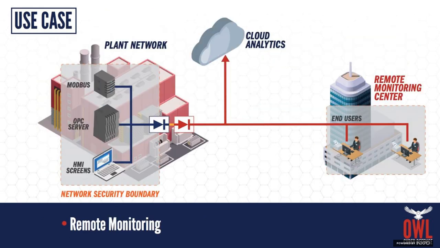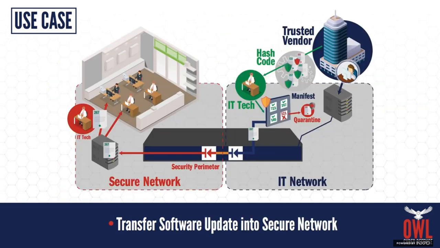If we look at a land-based solution, really the same kinds of things. Maybe you want to replicate an HMI screen to a third party or a remote monitoring center. Maybe it needs to be Modbus or OPC kinds of traffic or data. It really doesn't matter because, as we said before, it could be at the transport layer, at TCP/IP or UDP or FTP, or it can be at the application layer where you're sending things across and then you proxy it. So the implementation and the functionality are the same. You just have to be aware of what kind of data and how you need to get it out and what the protocols are.